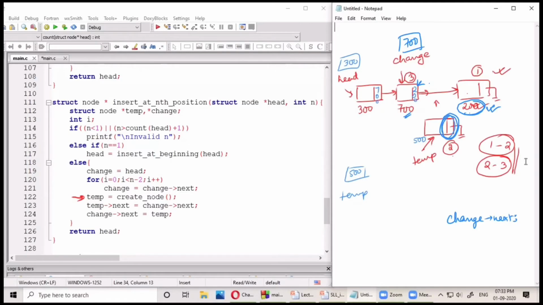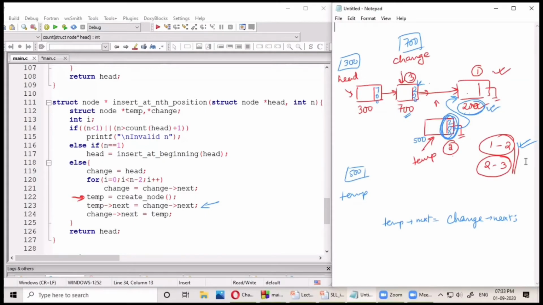We have to store it in the temp next part. So temp next is equal to change next. That is being taken care of by this statement. This means this 200 gets copied over here, indicating that a link is established between these two nodes. So linking 1 and 2 is done.